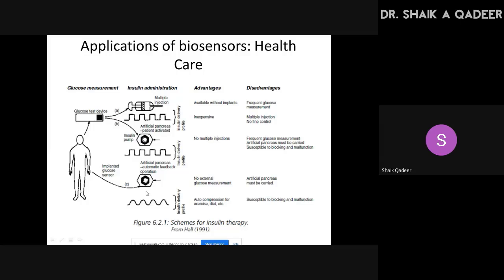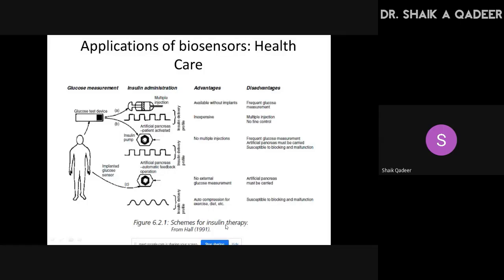Automatic. In case of automatic system, artificial pancreas, it is okay. This one is shown as not closed loop, and this one is shown as closed loop process. In this particular case, the system internally includes glucose measurement and accordingly provides proper injection. That is again included in the artificial pancreas system. Both will be implanted in the human body.